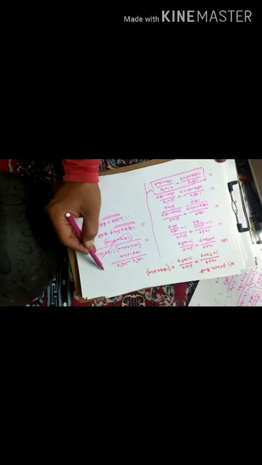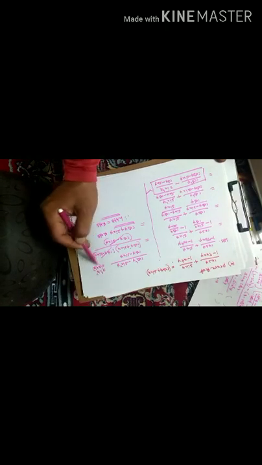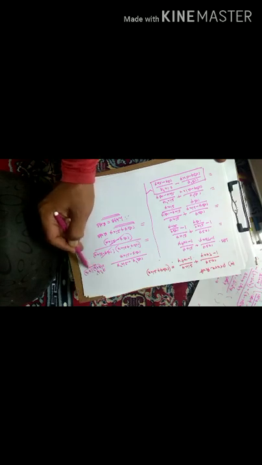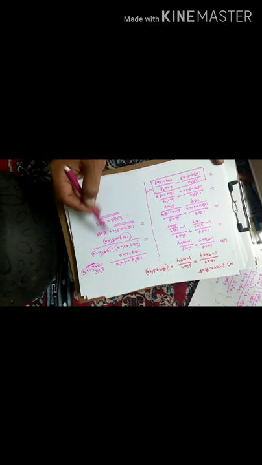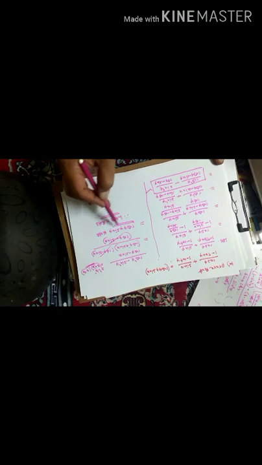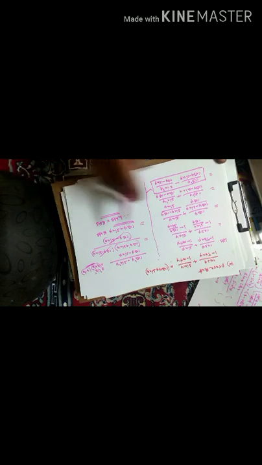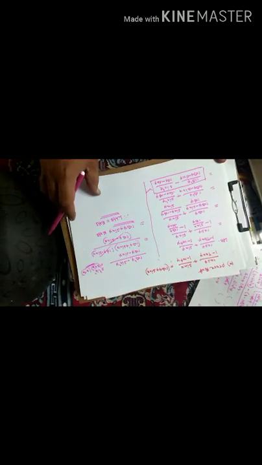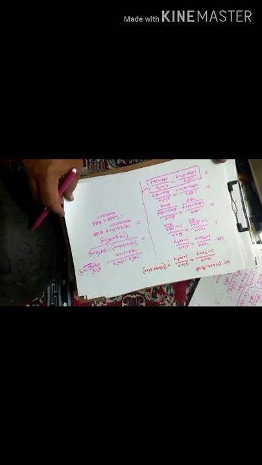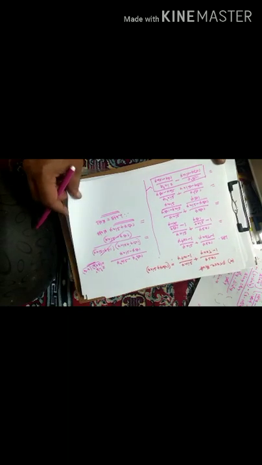This is in the form of a square minus b square, which we can write as a plus b of a minus b. So by using this property I wrote like this. Then if you simplify, you will get cos theta plus sin theta, that is equal to RHS. By this you can say that the given question is proved. So this is my fourth question, and this is also very important. I will go with the fifth question.